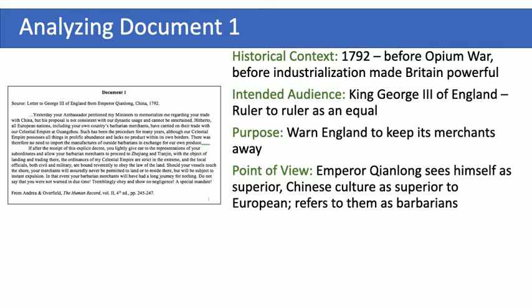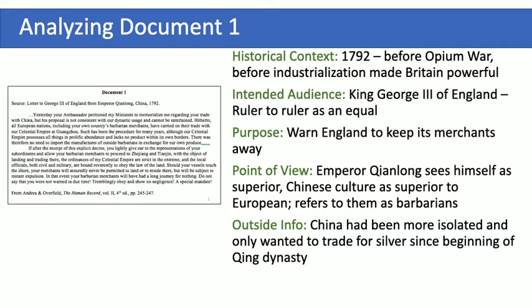If I want to think of what I already know about outside information, if I'm doing a HIPPO's analysis, right? What's outside evidence? What's evidence beyond the document? I know that China had been more isolated, that they only wanted to trade silver since the beginning of the Qing dynasty. So that's an example of outside information that when I'm interpreting this, I can use this as part of my analysis. That will help me explain why England is trying to introduce opium, because they want something else to trade,